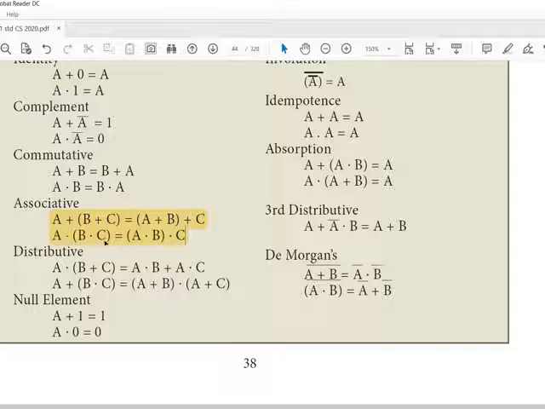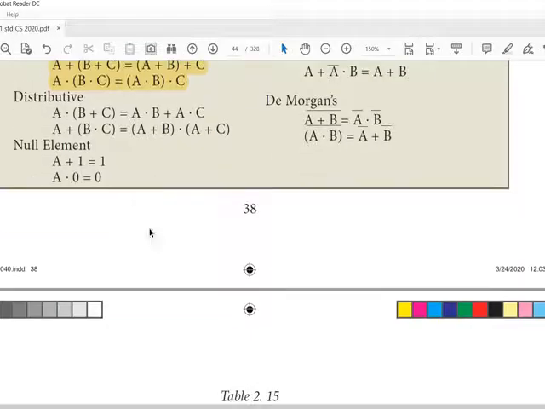Likewise, for the multiplication of 3 numbers, even if we multiply the second and third number and then multiply with the first number, we will get a number. Same thing, if the first and second are multiplied and then multiplied with the third number, it will produce the same result. If we change the bracket preference, it won't make any change. This is called the associative law.